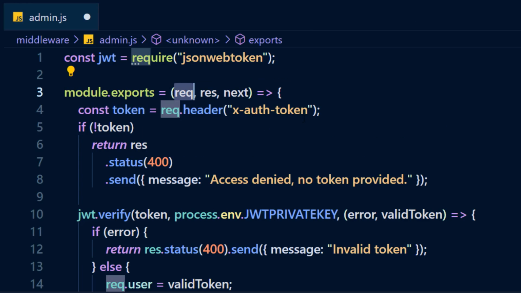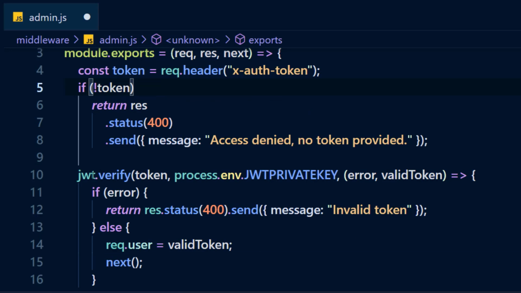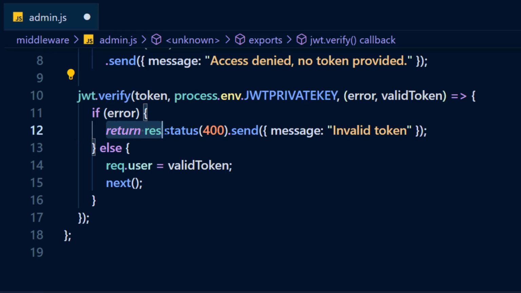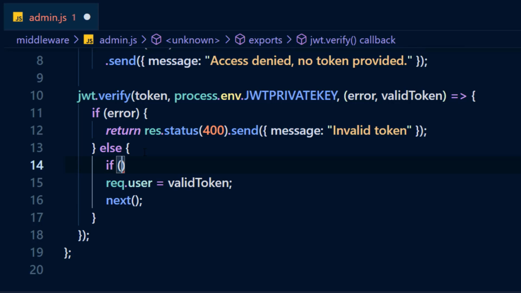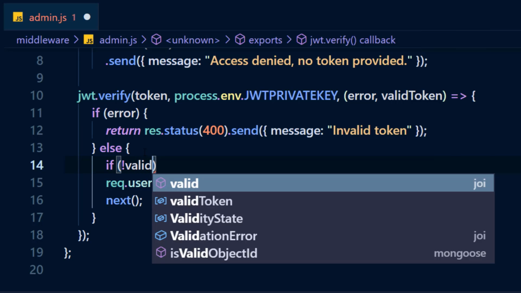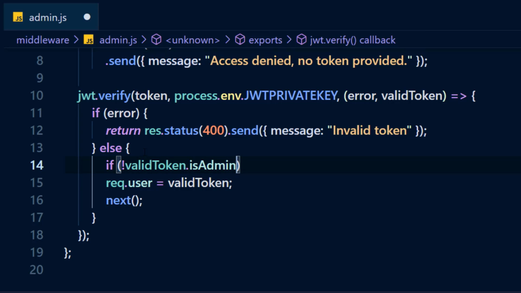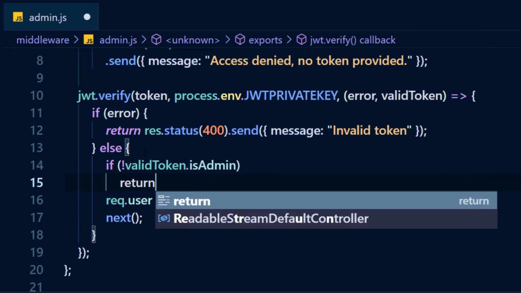Everything is there. I'm going to validate whether token is available and verify it, and if token is provided, then else. If valid token dot isAdmin is false, then we're going to return